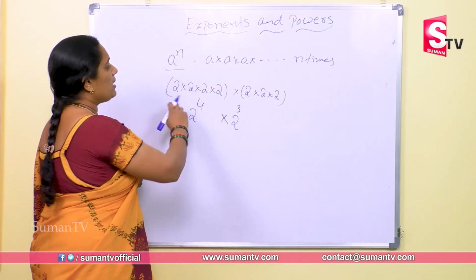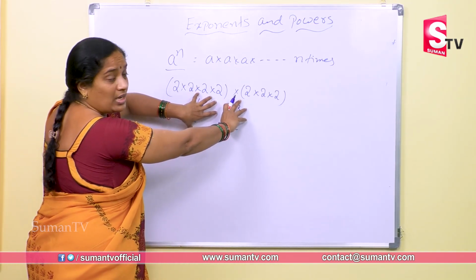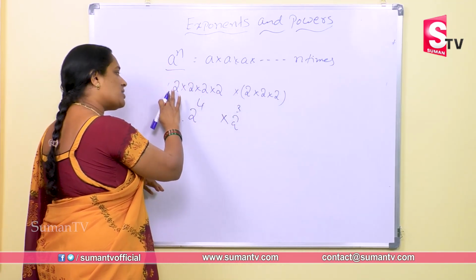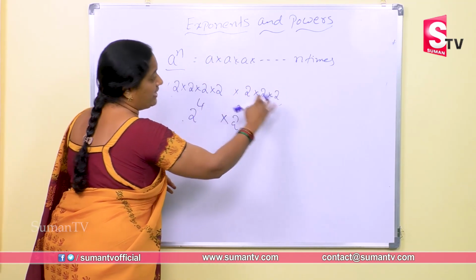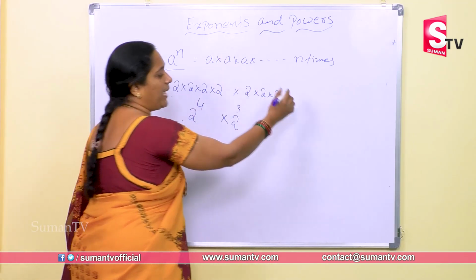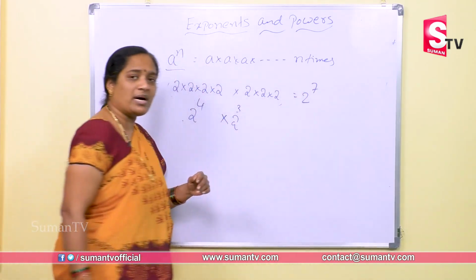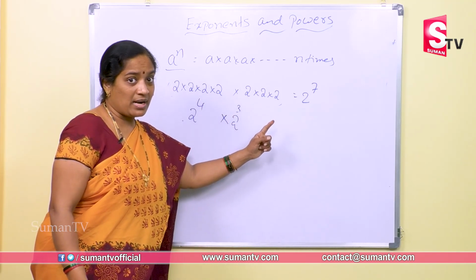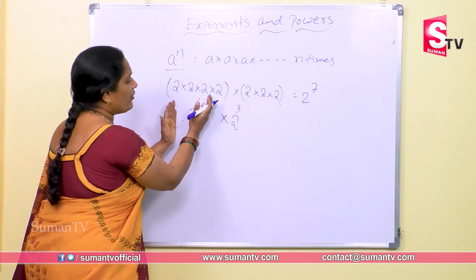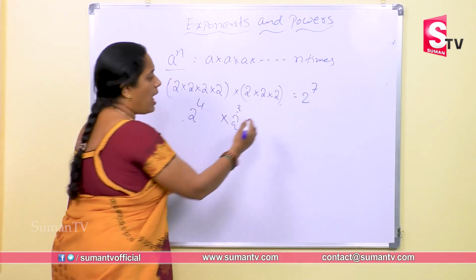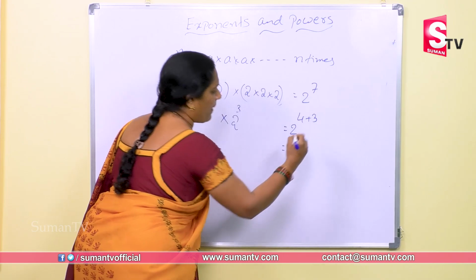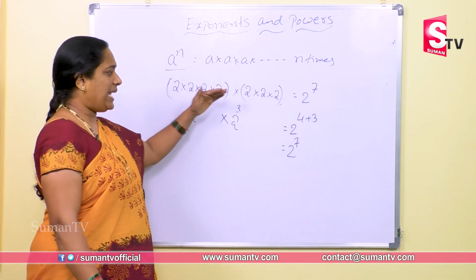Right? Now here suppose, forget about these two. If you remove the brackets also, as you are thinking about what is the necessity of brackets, if the brackets are not there, then how many times is 2 multiplying? So finally, you can write here 2 is multiplying 7 times, right? But whereas if brackets are applied here, then 2 power 4 into 2 power 3. Now, I want to write 2 to the power of 4 plus 3, nothing but 2 to the power of 7.